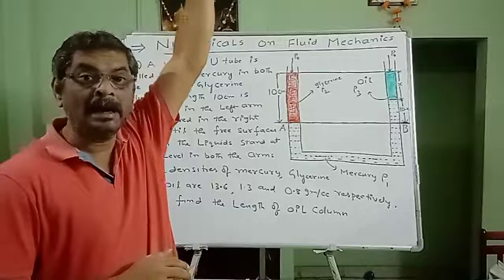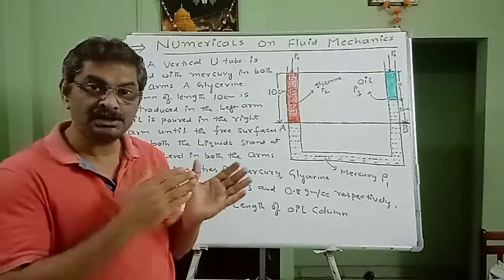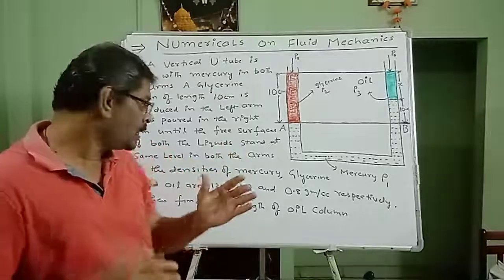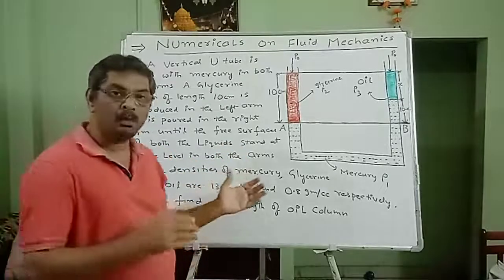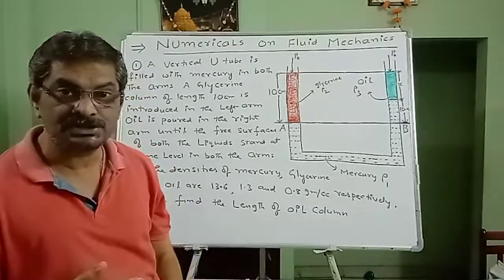Given that the densities of mercury, glycerine and oil are 13.6, 1.3 and 0.8 gram per cc,